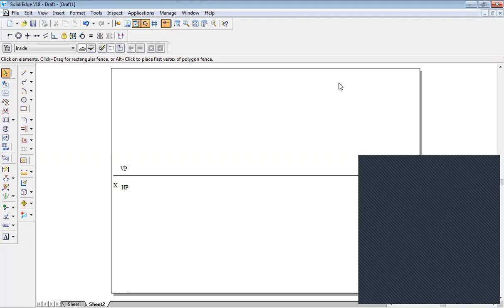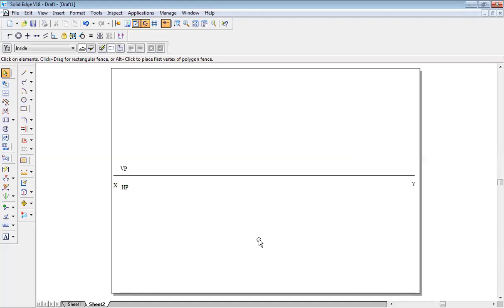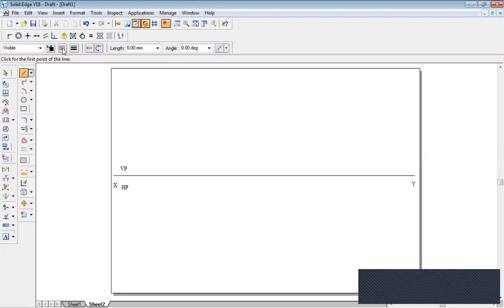I've started recording. So now, hexagonal prism, 25 mm sides of base, 50 mm axis length, resting on one of the edges of its base on HP. Go to line command, construct a hexagon, continuous line style, 0.5 thickness.